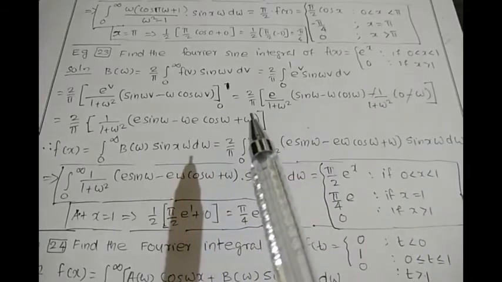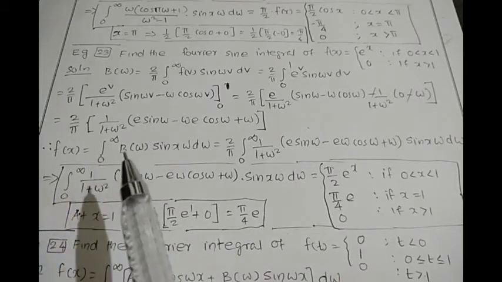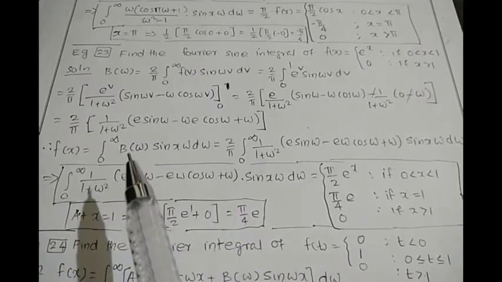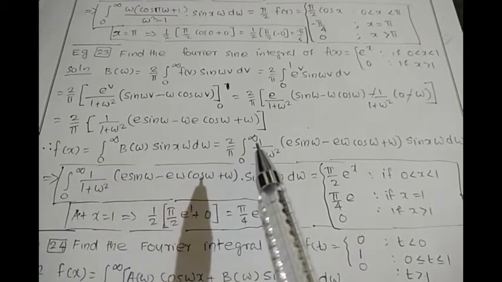The rest is coming here. So applying this value in place of b omega, we have f of x equal to integral b omega sin x omega d omega. Substituting here in b omega, this much value you have to substitute, taking 2 by pi out and writing the rest value here, we will get like this. This is our b omega, substituting the full b omega here, then sin x omega d omega we have to write here as it is. Then taking 2 by pi to the left side as before we have explained.